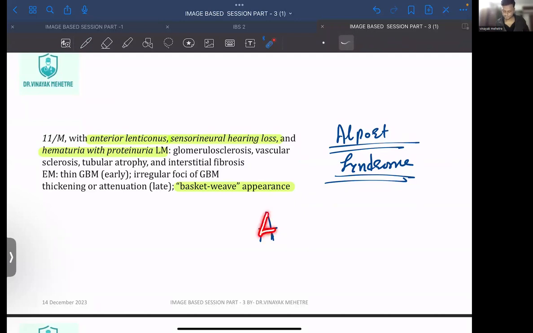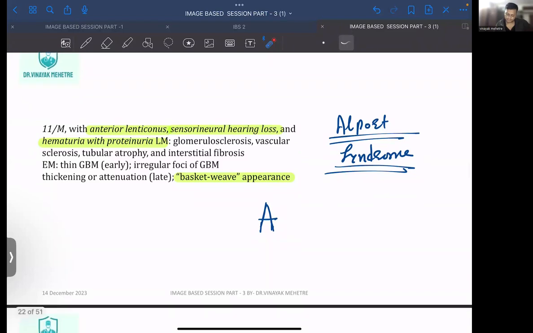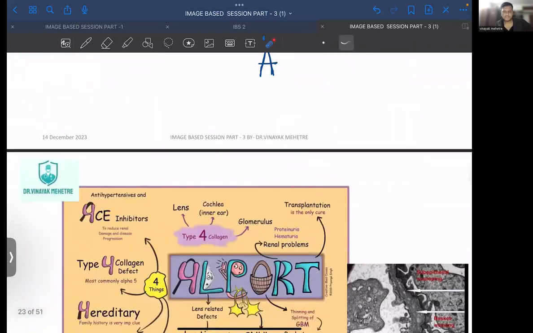It is called type 4 collagen defect. Type 4 collagen defect. Shall I draw again? Okay, understood, type 4 collagen defect. So what we are going to see,